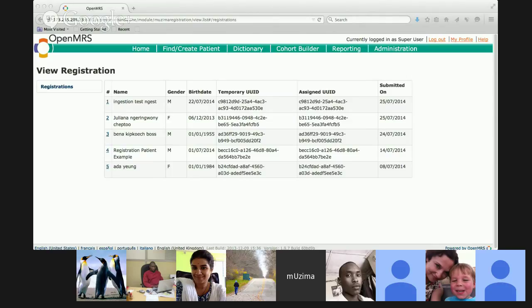So for every patient that you create, the temporary UUID is going to be different. So I thought that's how it works. Maybe you can correct me.